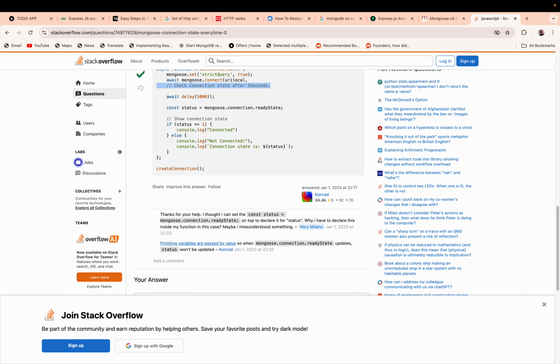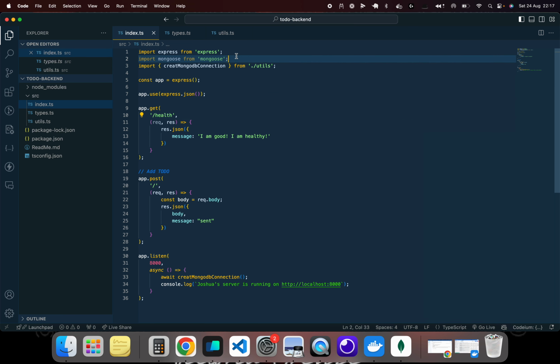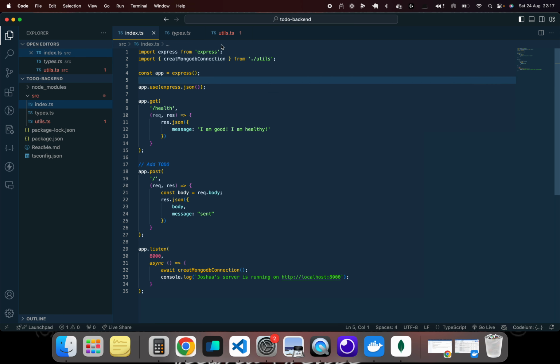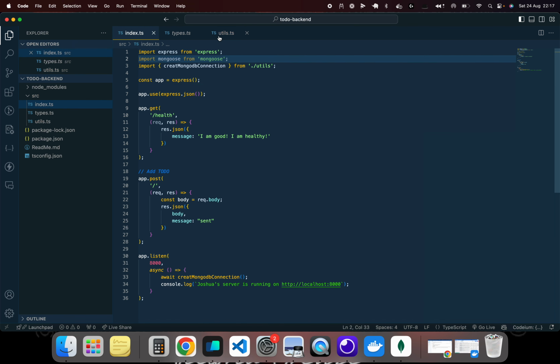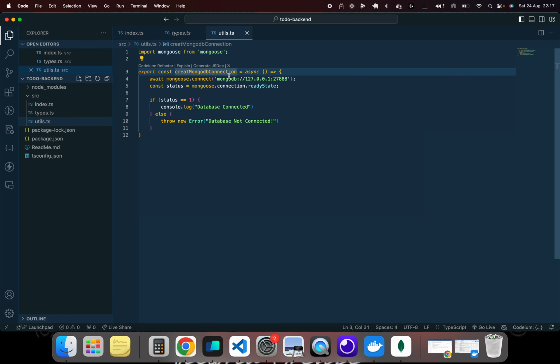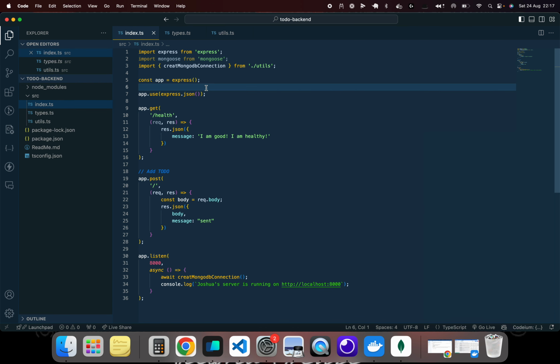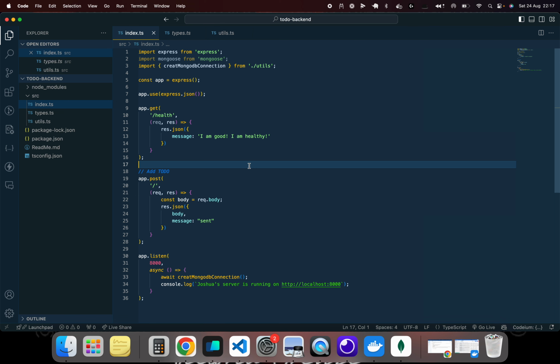If we're using the MongoDB package directly and not Mongoose, what happens in that situation is that, let's just leave it like that. So when you use the MongoDB package directly instead of the Mongoose package, because MongoDB has their own Node.js client that you can use to connect to the MongoDB server, you wouldn't really need to set up